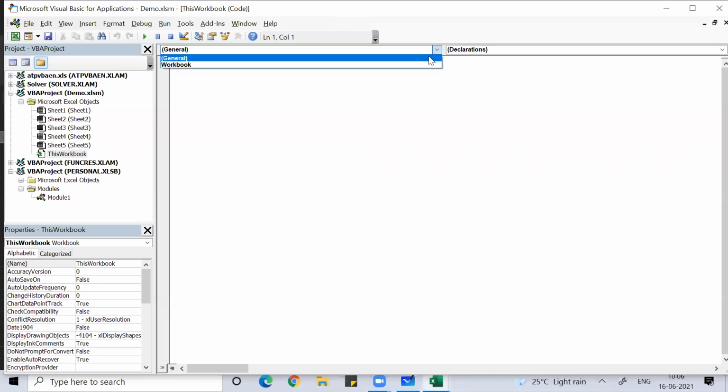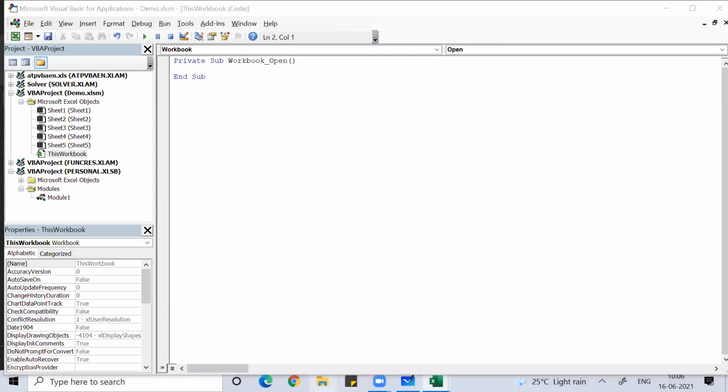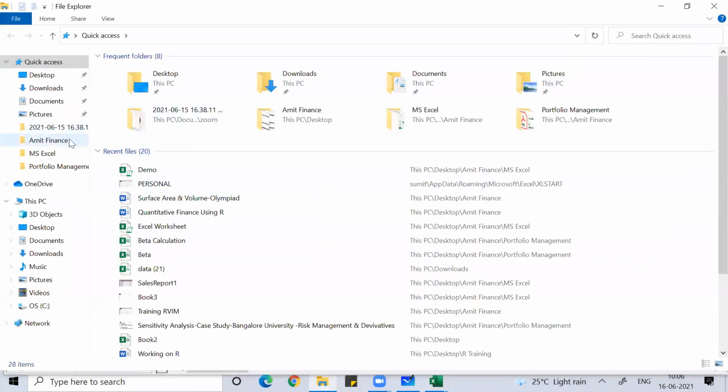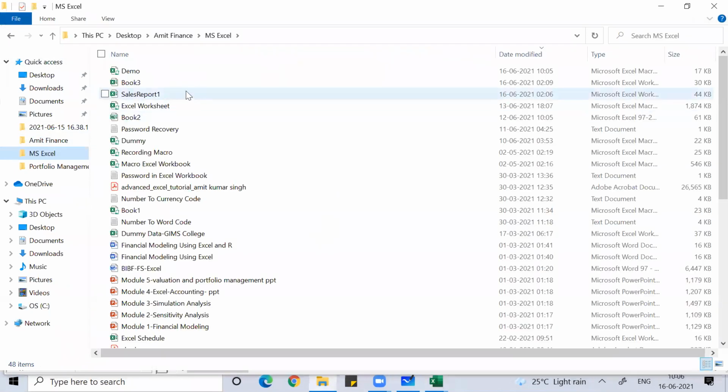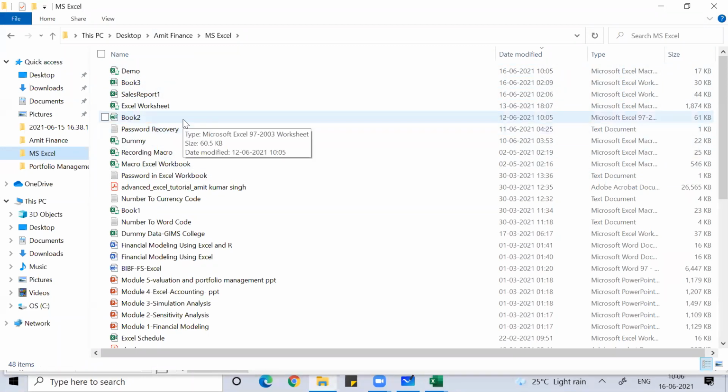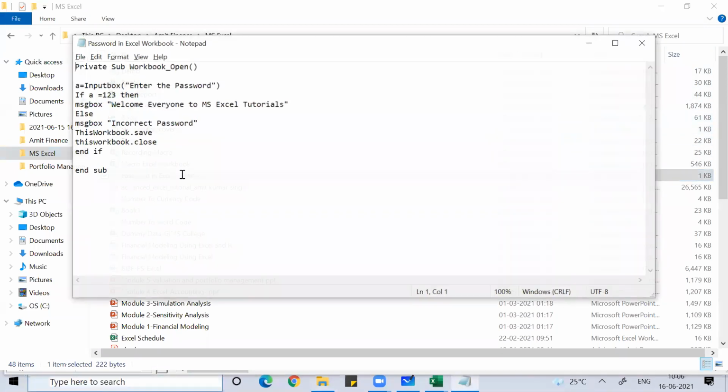Under workbook, at the top you see General. From General you can select Workbook, and here you can write a certain set of commands which I will give to you. I will forward them in Notepad so that I can send them to you, and you can simply write this.